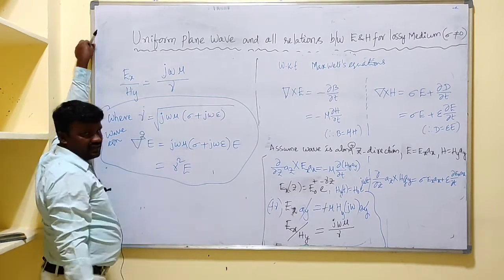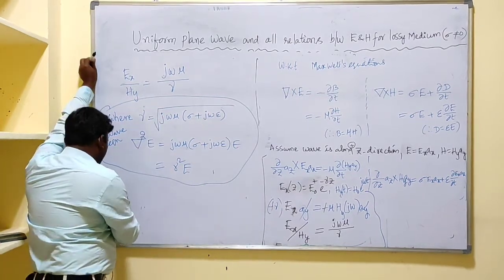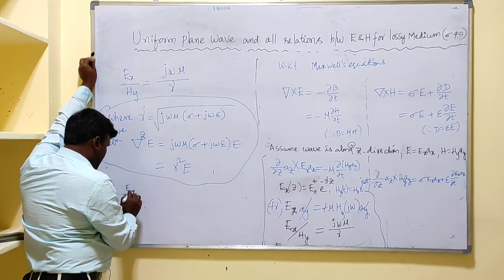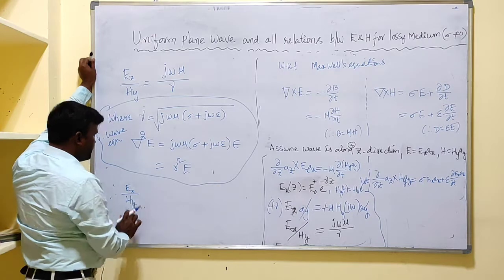This is our gamma. So therefore Ex by Hy, E suffix x, H suffix y,